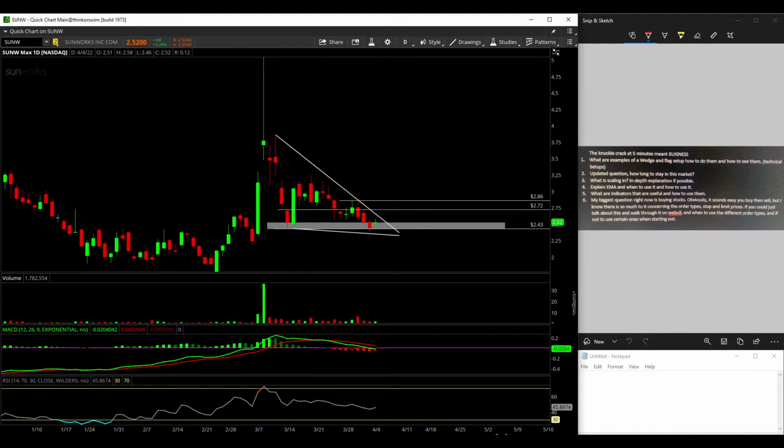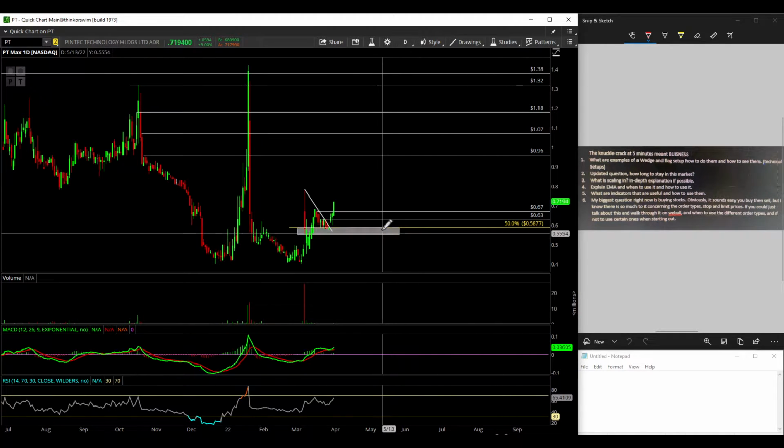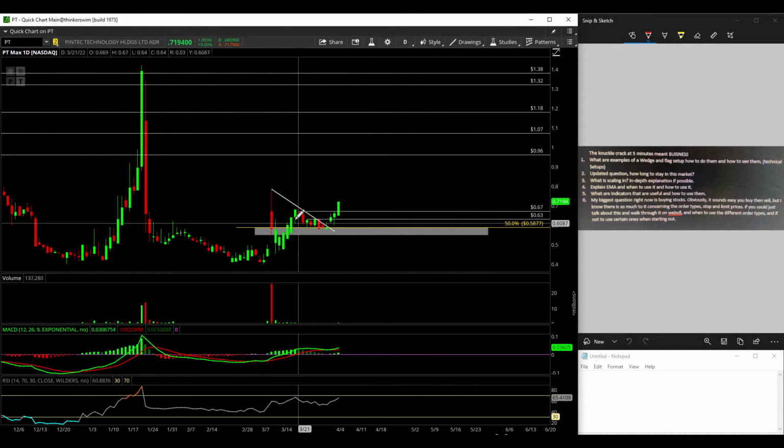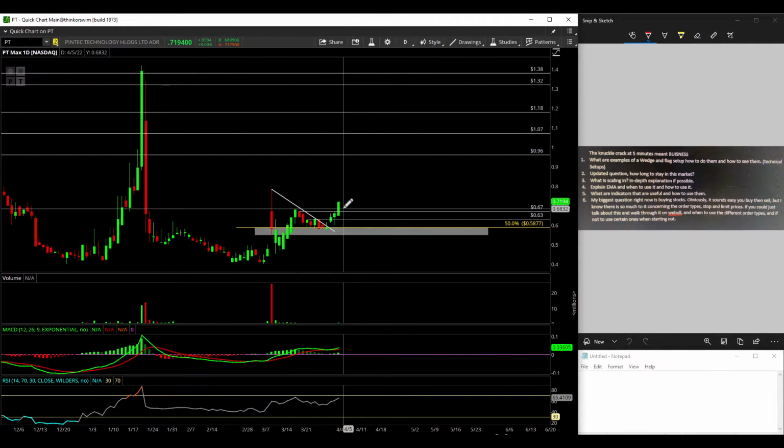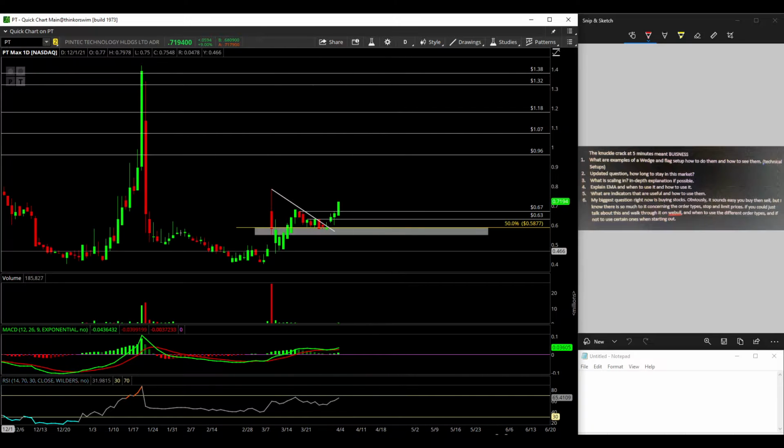So SUNW was a good example of one. PT here, this was one of the swings that I shouted out last week. This is another example of a wedge break, and look what happened once this wedge broke. Nice upside, strong move. So that's another example here. Another example we can look at would be